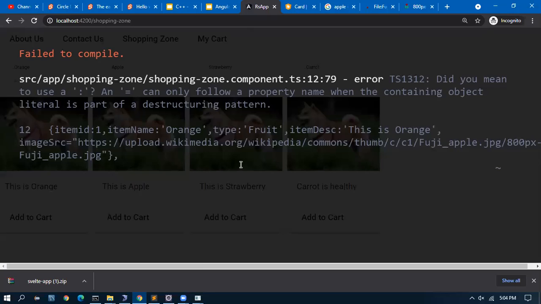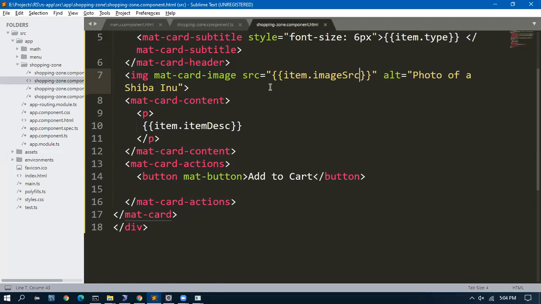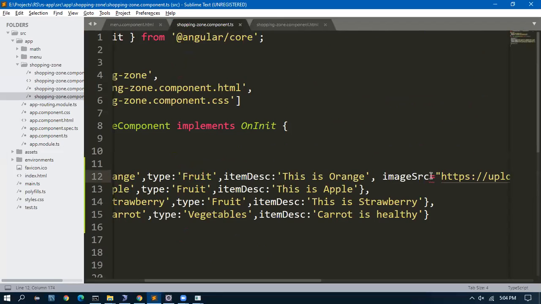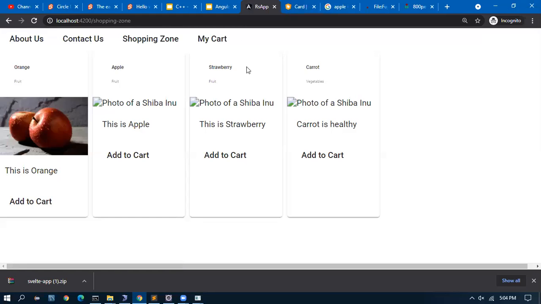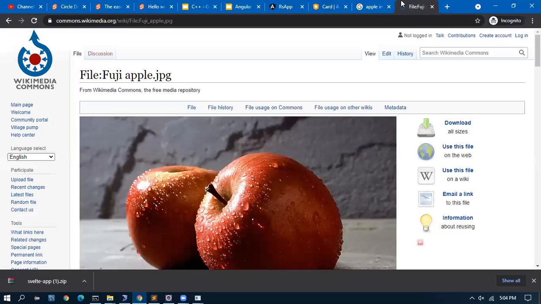Super. Apple has come here. Next, we will go to here itself. I'll search carrot.